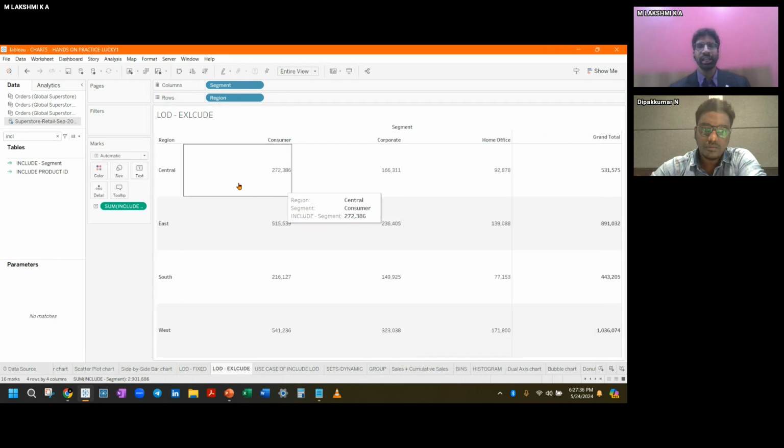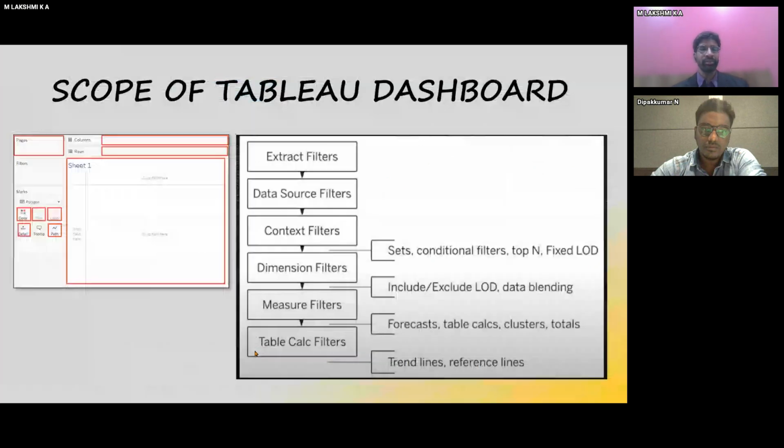Now you see the difference. Again, I've included that, so it is bifurcating. When you're including, what happens is it bifurcates the aggregation level. It either goes to a higher granularity and shows you the distribution of that particular data, or it brings you an overall view and gives you the higher context of the data. So in the grand total, it is giving you higher context, and in the segment-wise, it is giving you the deepest, lower context. So with this, I hope I've covered the LOD concept simply.